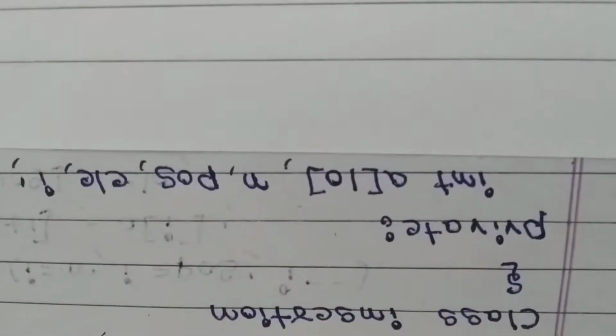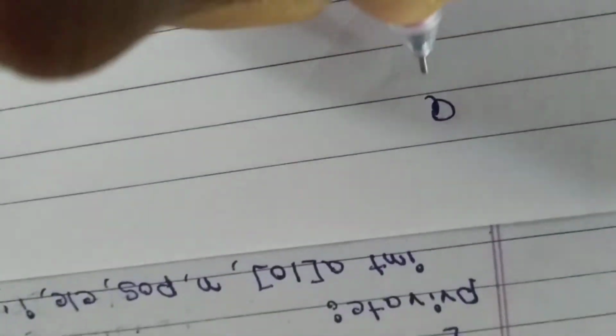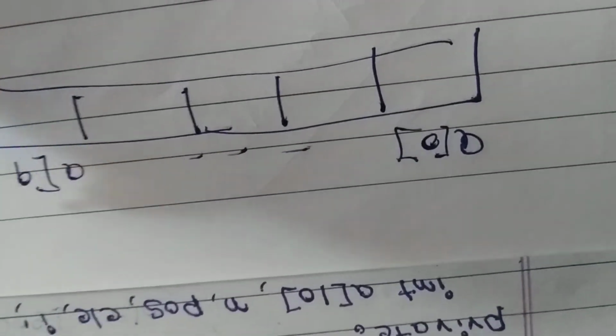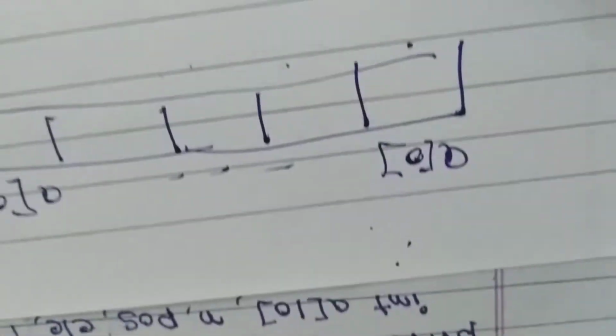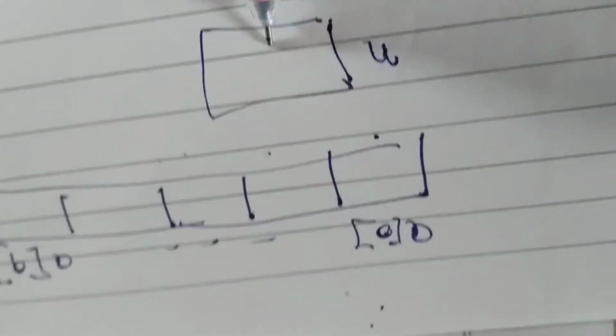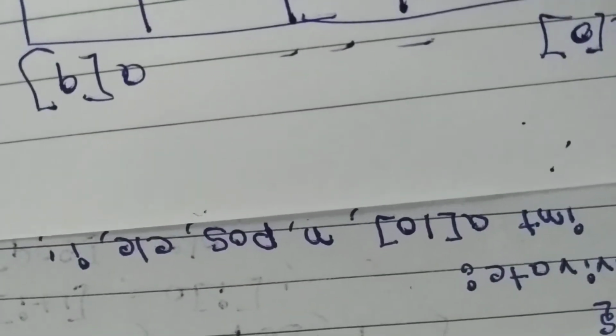Now look here. So here a of 10 means, look here, a of 0, a of 1, a of 2 till a of 9 array will be reserved for us. In variable declaration, if you are telling integer, this is 2 bytes, this is 2 bytes, this is 2 bytes, this is 2 bytes, this is 2 bytes. Next after that in declaration what is there? N is there. N is a memory location which consists of 2 bytes. Next what is there? Position is there.